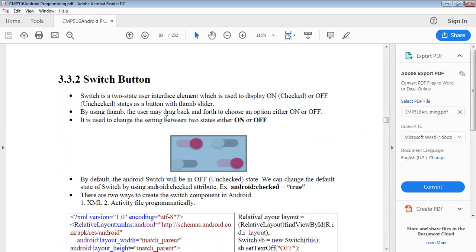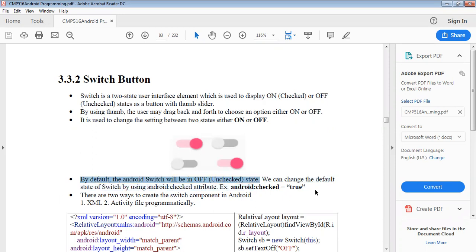By using the thumb, users can drag back and forth to choose an option, either on or off. So it is used to change some settings between two states, either on or off, or yes or no. By default, our Android switch will be off, which means unchecked state.